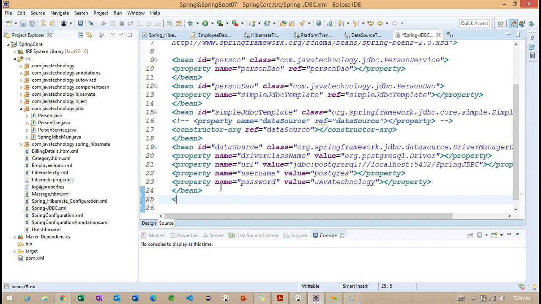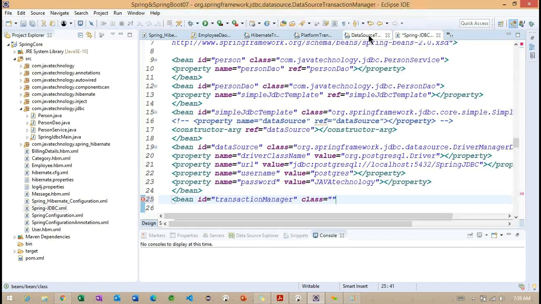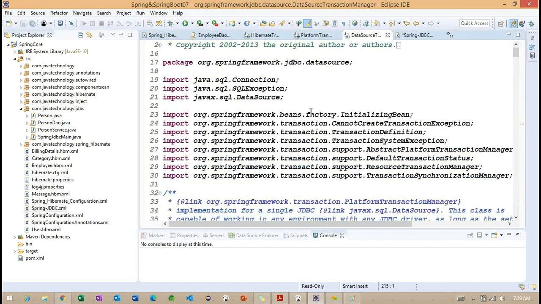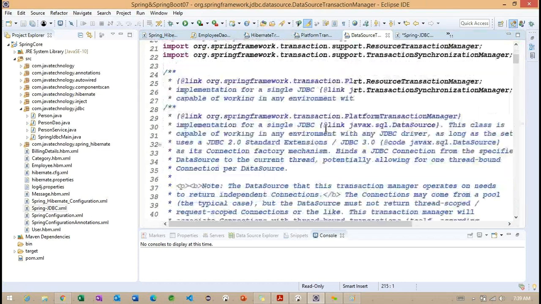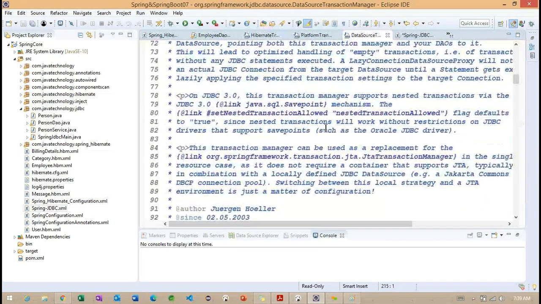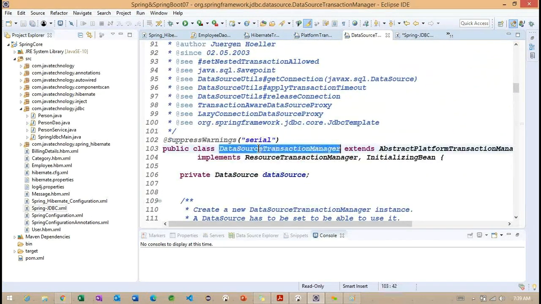To work on the data source transaction manager, as bean ID I want to provide transaction manager, and here we need to specify the class. So what is the class we have? Something called data source transaction manager.